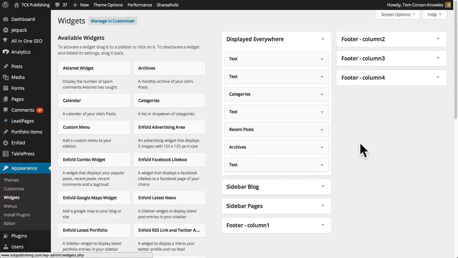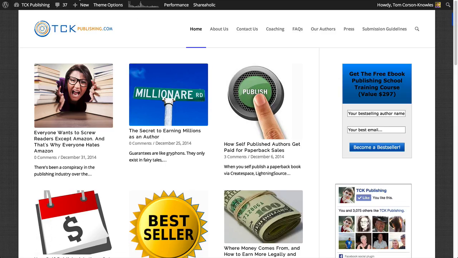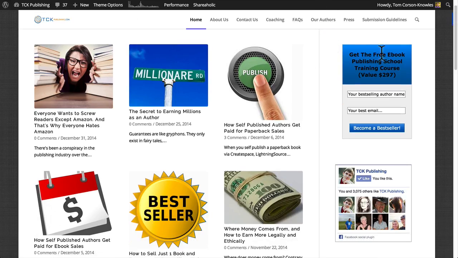All right, right now we're going to talk about widgets. WordPress widgets are basically custom codes, custom text, custom images, and little custom things that you can add to various parts of your website. So generally speaking, you're going to use widgets here in this area on the sidebar of